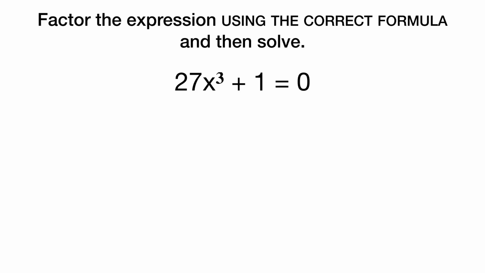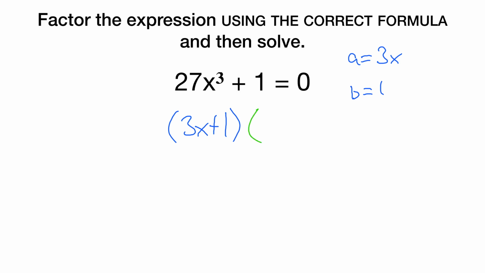All right, let's try another one. 27x cubed plus 1. Our a value, what's the cube root of 27? That's 3. The cube root of x cubed is x. By the way, the reason I know that there are no common factors is one of these is just 1. So b is, in fact, 1. So it's a sum of cubes, so 3x plus 1